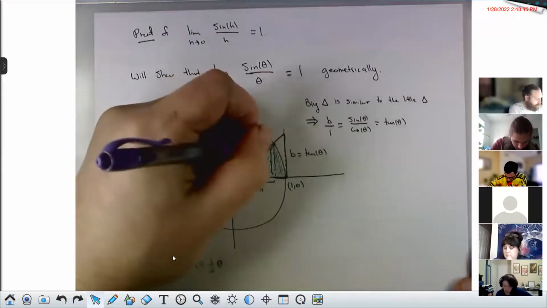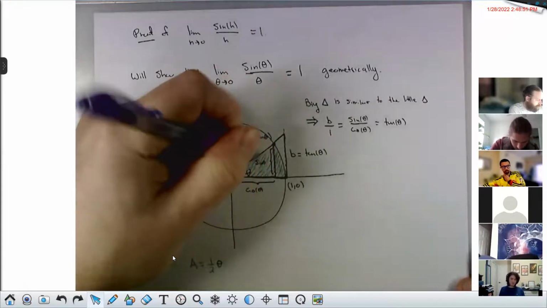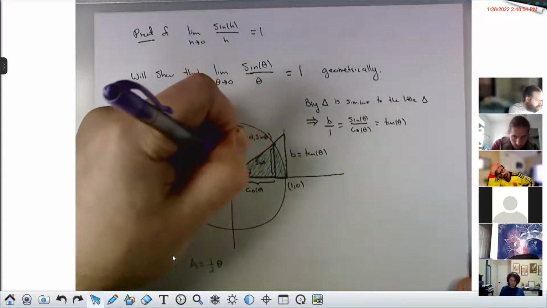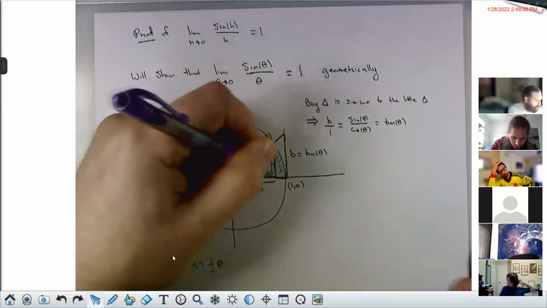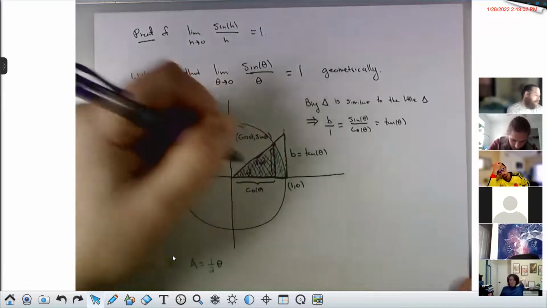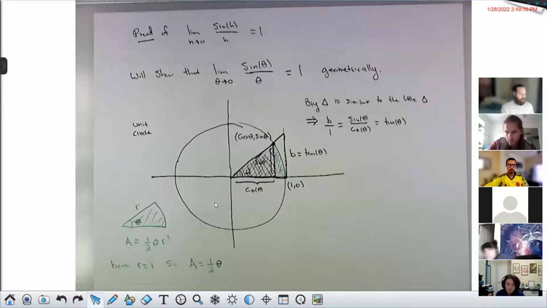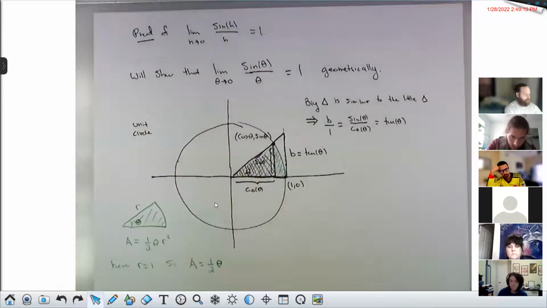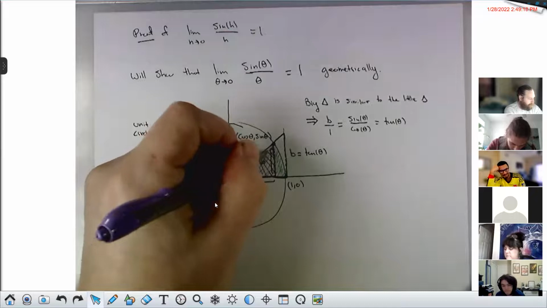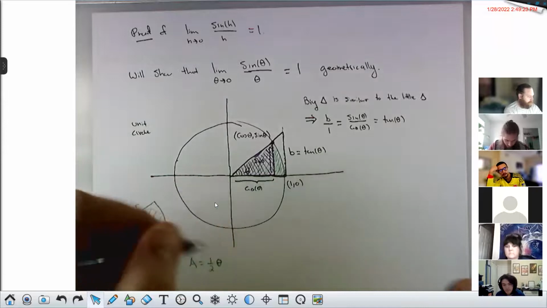The other 2 areas in play here are the area of the little triangle and the area of the big triangle. The area of the little triangle, I will crosshash shade in purple. And in order to avoid cluttering this picture, I'm not going to shade the big triangle's area. But these are the things we are going to compare. Okay. The purple triangle area